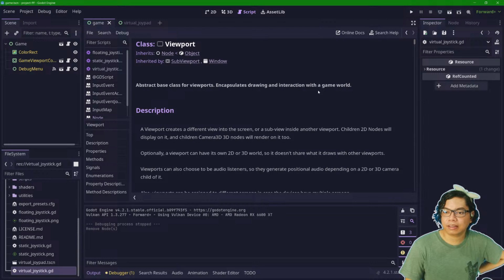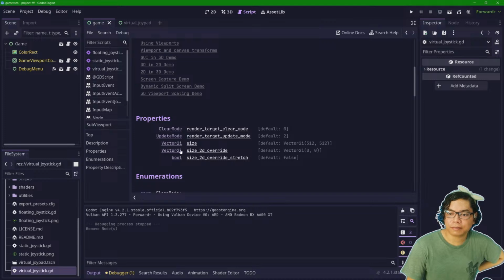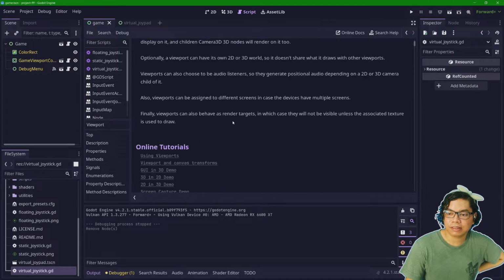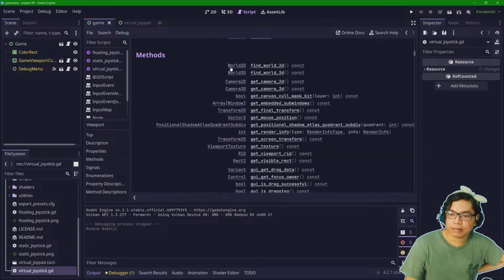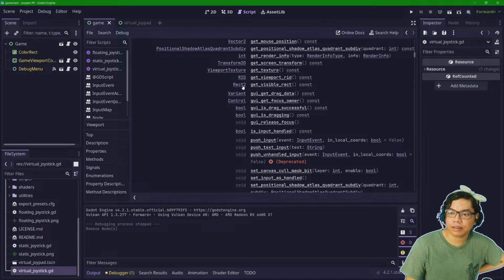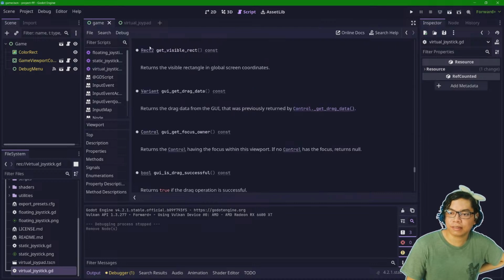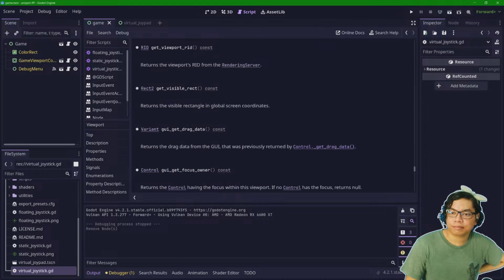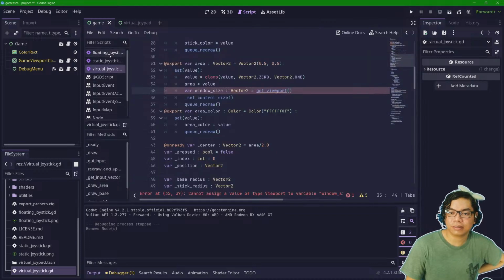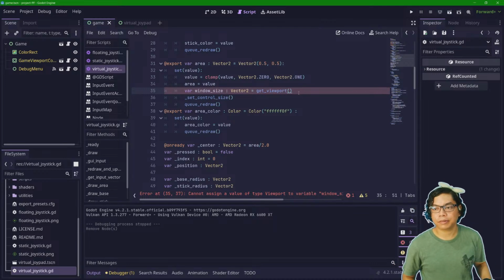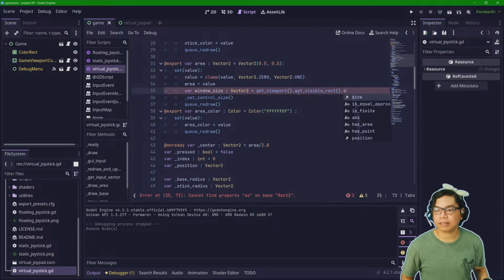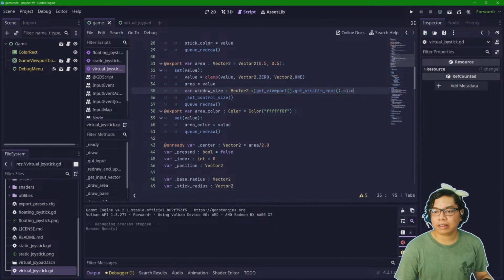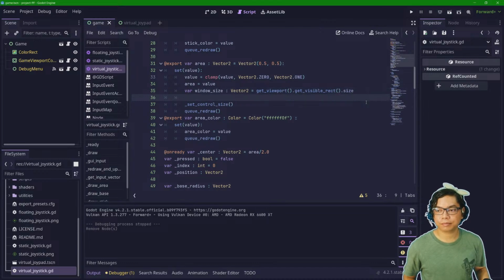Because this will be in a viewport. What is sub viewport view? No, it's not the right one. It's just viewport. Bool. Variant get visible rect. I guess we'll just use that. Virtual viewport dot get visible rect dot size. And then we do